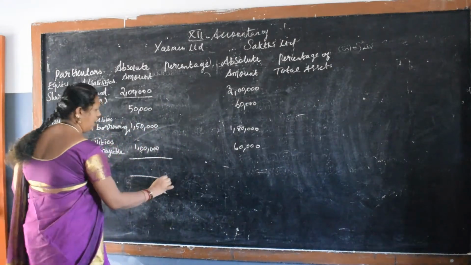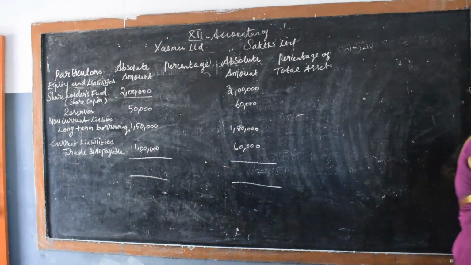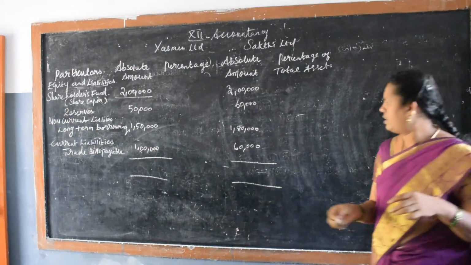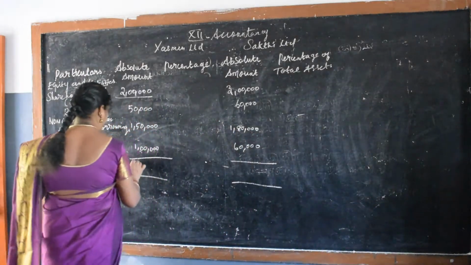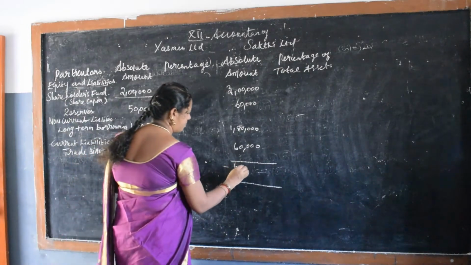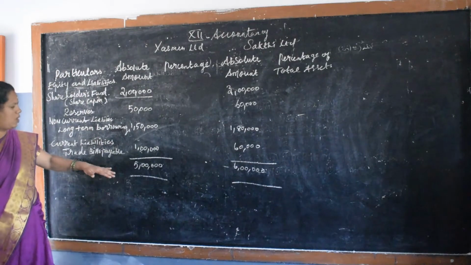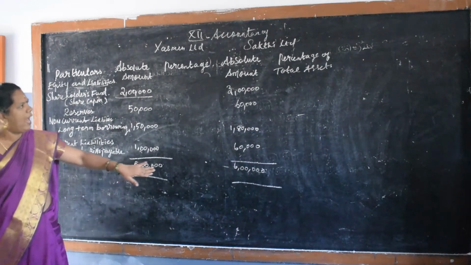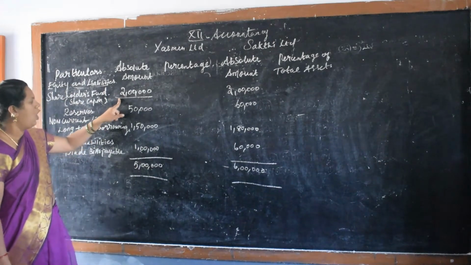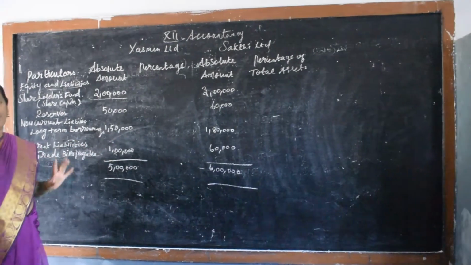Add this area; the value will be given in the sum. Here it is 5 lakh, and here 6 lakh. In the sum, the common area is 5 lakh, and under Shakti it is 6 lakh. I'm sorry, I told you 2 lakh; it's not like that. So numerator 2 lakh, denominator 5 lakh, into 100.